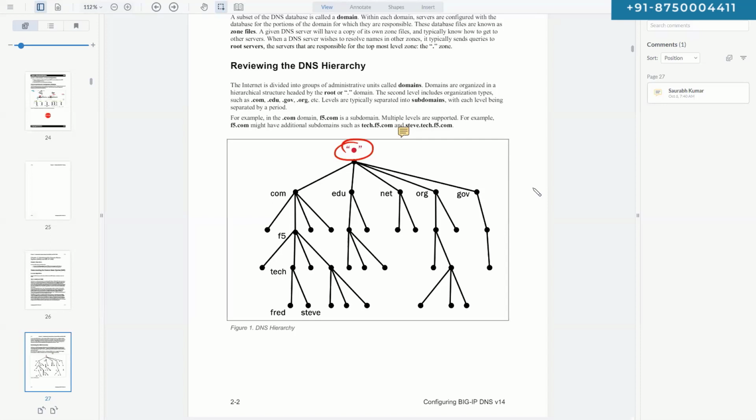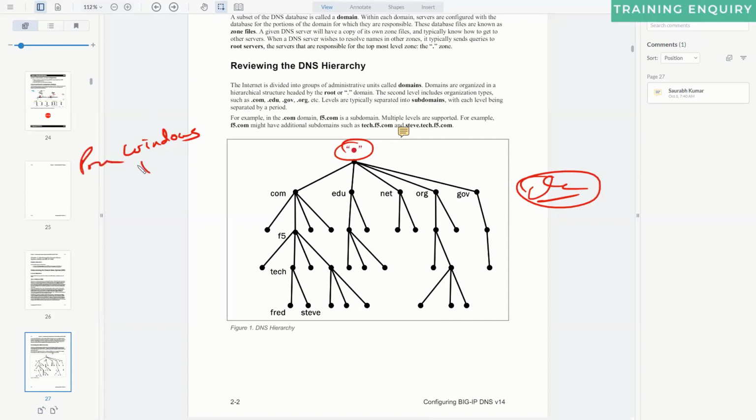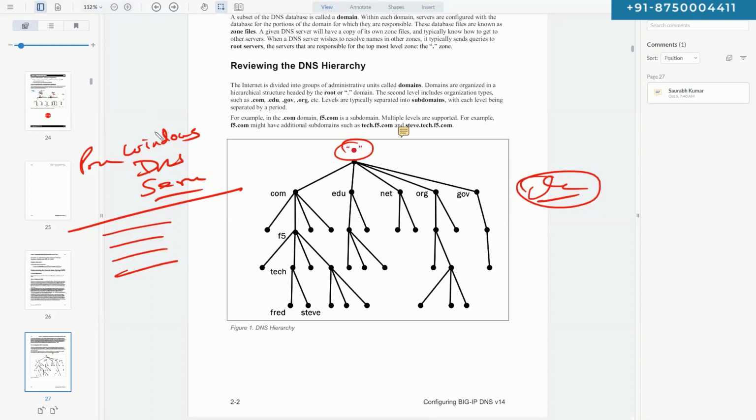I'm not talking about the client operating systems, but especially the server operating systems, when you talk about DNS servers. For example, if you are hosting your own private, internal Windows DNS server, you can create the local entries. And then if a DNS request comes to this DNS server for which it doesn't have any entry locally created,